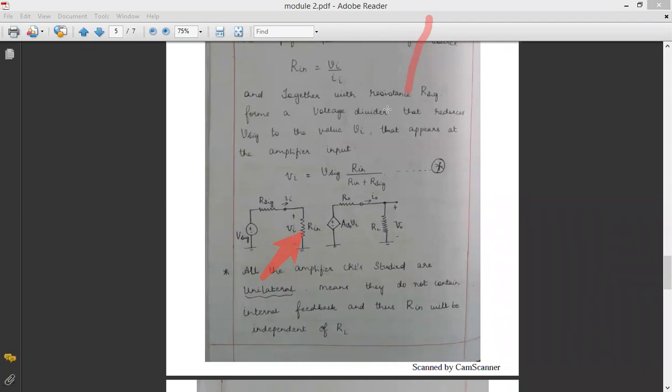Understood? Now, how to find this Rin? This is how we find it: Vi divided by I of I. Understood? Okay. Next,